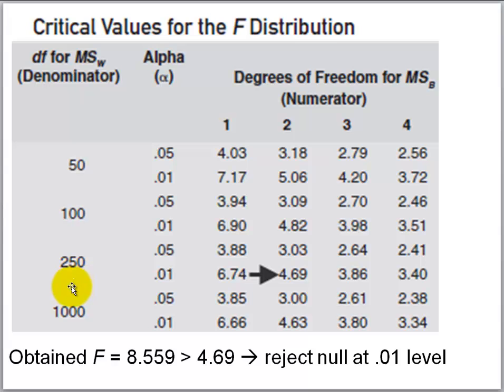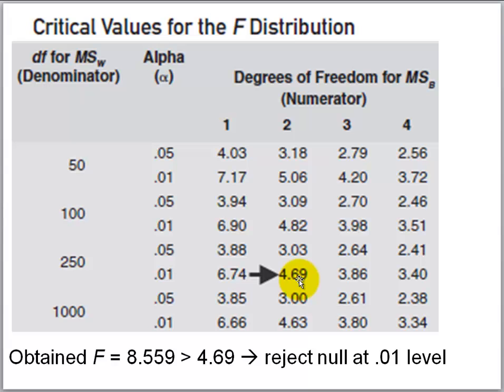The next lower value in the table is 250. So these are the values that we're going to use. And then finally the table is listing significant values of F both at the 0.05 level and at the 0.01 level. We are using the 0.01 level, and so the tabled value of F, that is the critical value of F, is